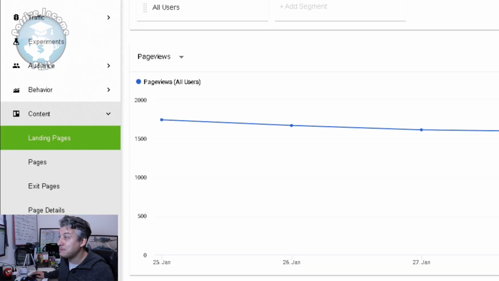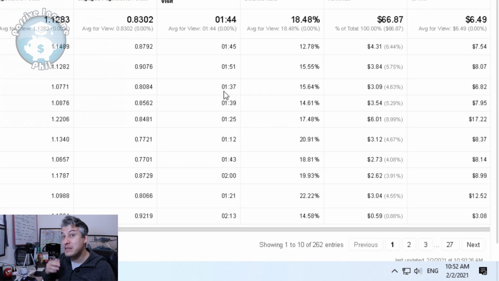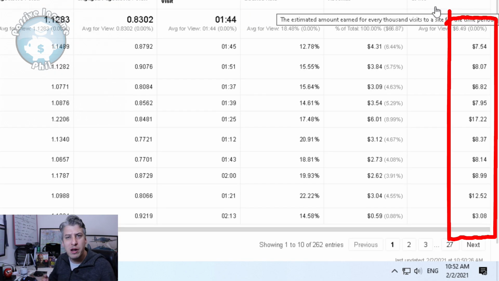Now, using something like Ubersuggest is great because it might give you some inspiration, but using the analytics in Izoic is even better, because if you come down to content and landing page, it will actually give you an EPMV, earnings per milli views, of that page, and you can see, okay, this page is earning me the most money per 1,000, so why don't I write more content like that? This is a great tool, and it's something that I'm going to be using a lot more,